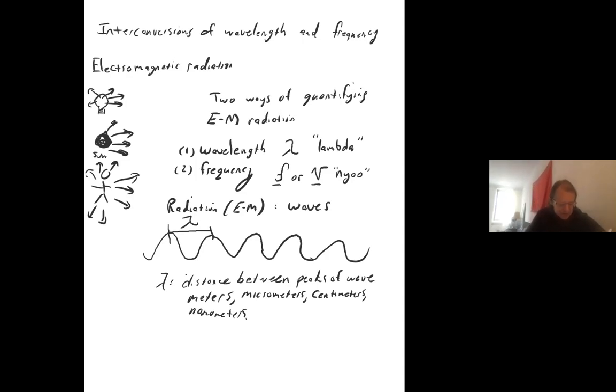Now let's talk about frequency. So frequency is a little different. Frequency, we have to think of in terms of time. So the easiest way, I would say, is to imagine that this wave that I'm representing here is the height of something that's changing over time. Okay, so it's going up and down and up and down. So think of an ocean wave, right? If you look, the wave goes up and then it comes back down. It goes up and then it comes back down. It's changing over time though, right? The waves are changing over time. So how fast is the wave changing? So the frequency is how fast the wave changes.